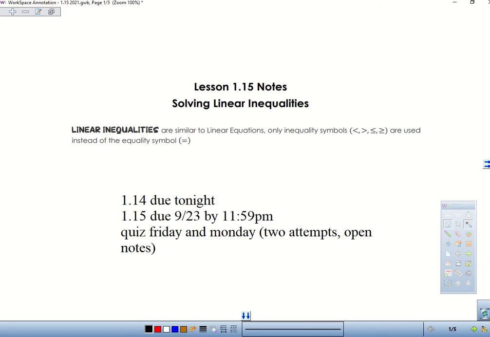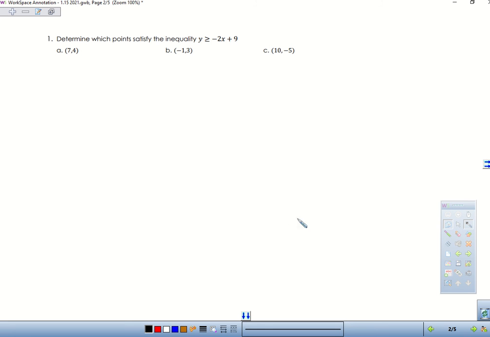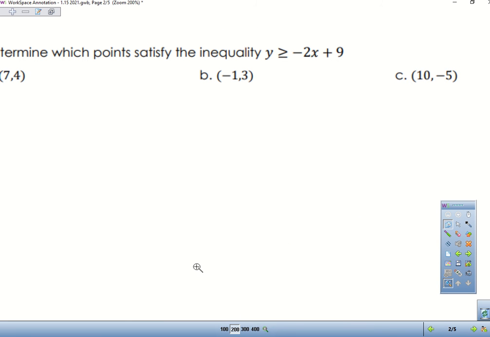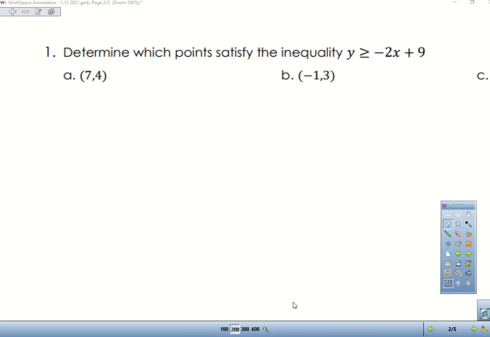Alright, so today we're going to be doing 115, which is going to be solving linear inequalities. So a linear inequality is similar to a linear equation, only instead of equal signs, we use inequality symbols, such as less than, greater than, less than or equal to, greater than or equal to. So first thing we're going to talk about is how you can use points to determine if a point satisfies